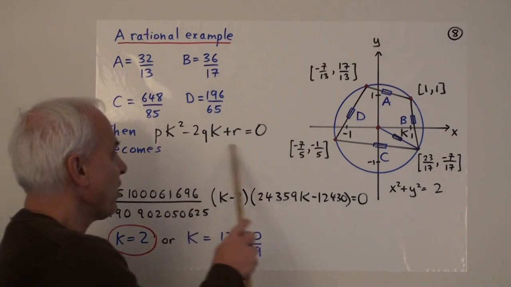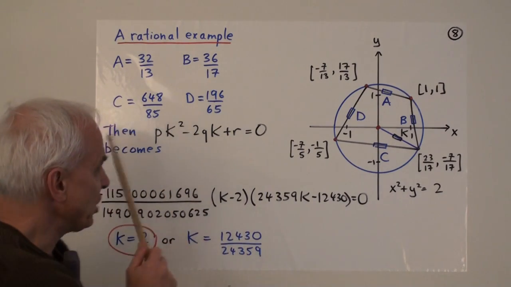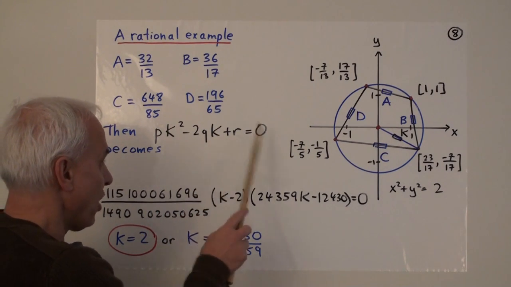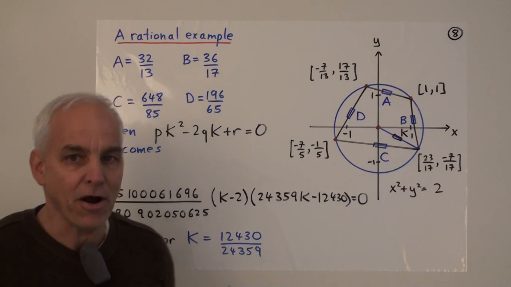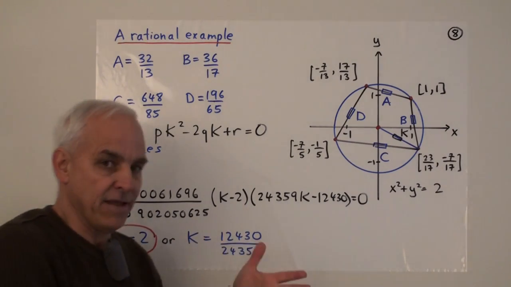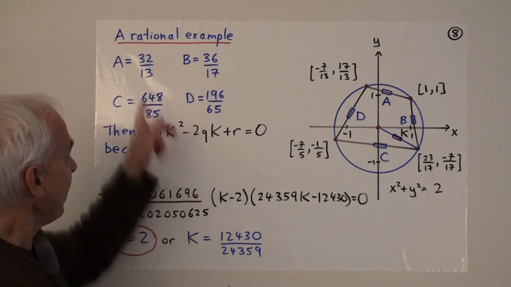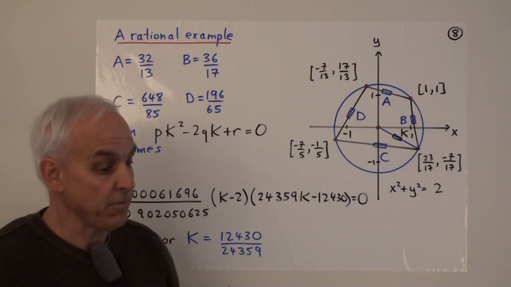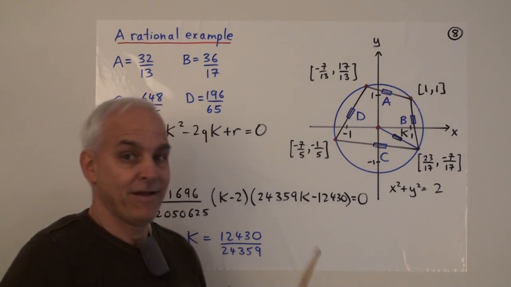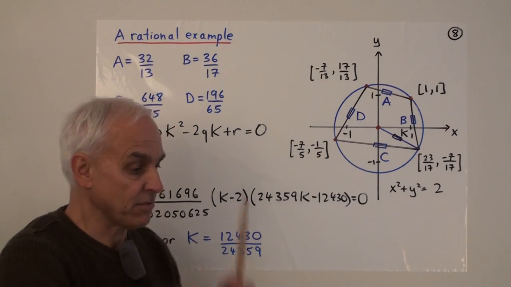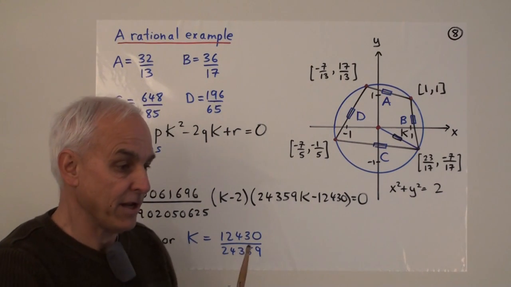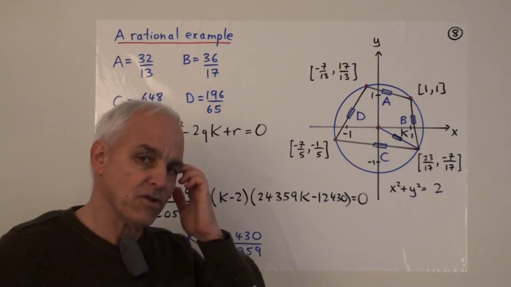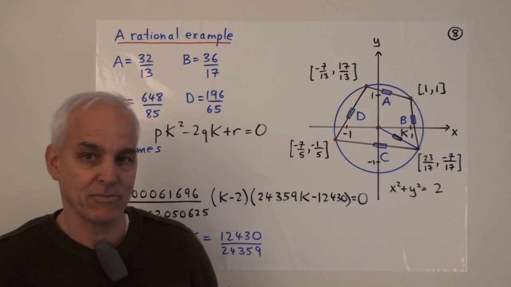Okay, so here is our theorem: the relationship between these five things is that pk squared minus 2qk plus r equals 0, where p, q, and r are those rather lengthy expressions built from these four numbers. They may be lengthy expressions, but it's all just high school arithmetic. You're just multiplying, adding, subtracting. Maybe a bit of division, but no, there's no division. Just adding, multiplying, and subtracting.